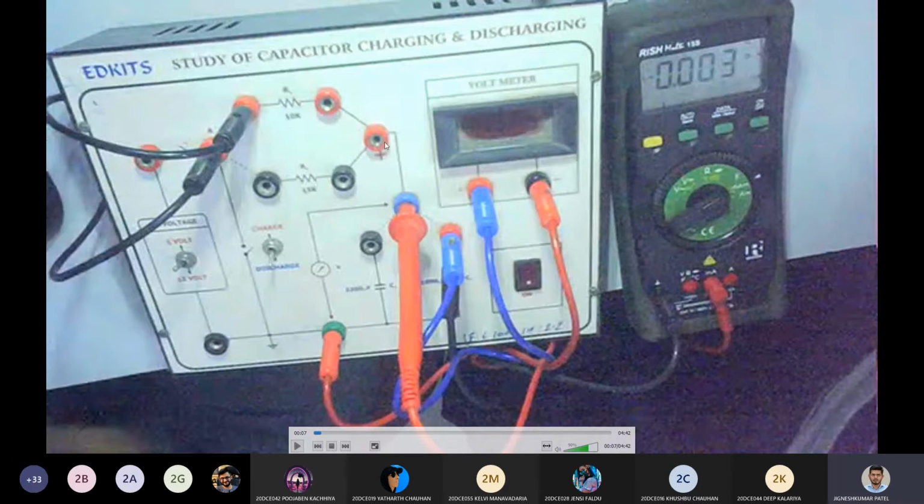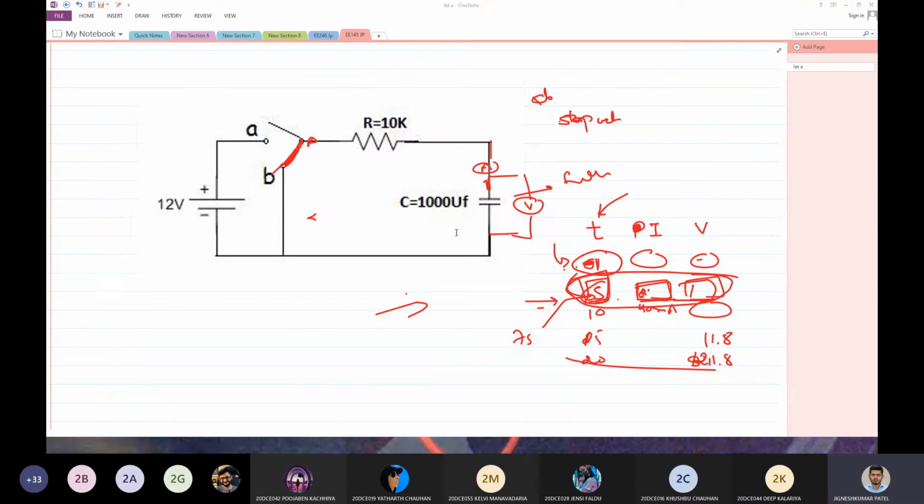How is it connected? From here, my power. There is a dotted line again, so it is not internally connected. So how am I going to connect? I'm going to connect it to the ammeter. The red one is going to the ammeter first. I have put the ammeter on like this. This is a multimeter. I have put that multimeter on reading the current, DC current. So it is here, and the common of this will come back and it is connected to the same end where the voltmeter is connected. Okay, so your connection looks like this.